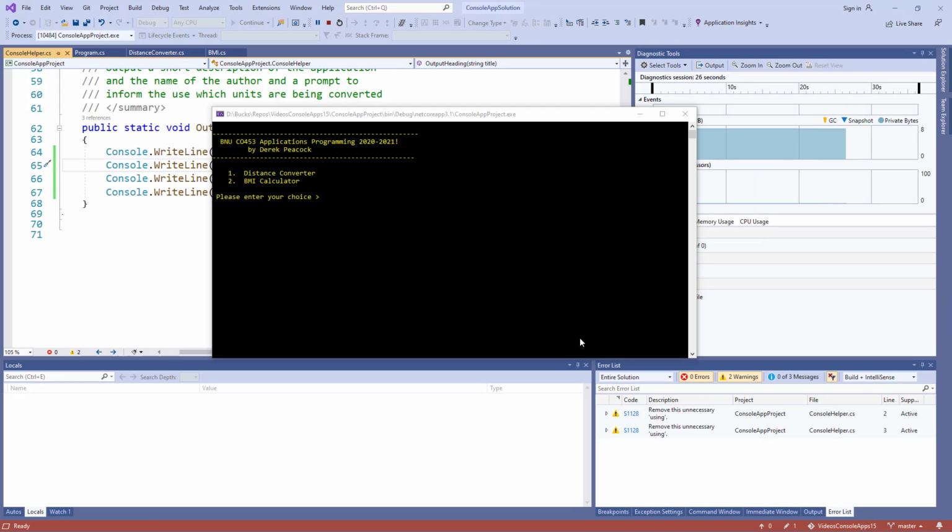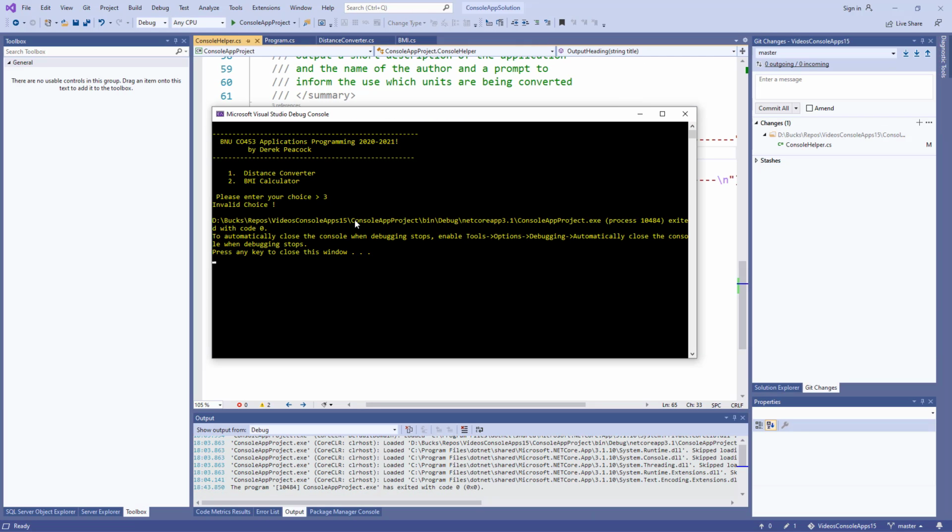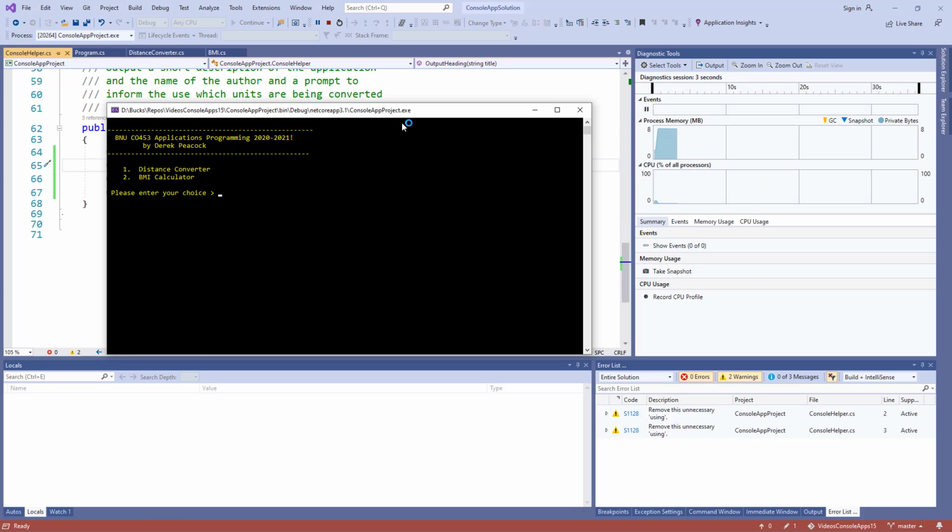We are still left with two issues for which you'll lose marks. The first is that if the user makes a mistake and doesn't put in a 1 or a 2, but puts in a 3, they're told it's an invalid choice, but the program then terminates. And we don't want that. We want the user to have a second go at getting that right. The other issue is if the user, when asked for a number, puts in something which is definitely not a number,